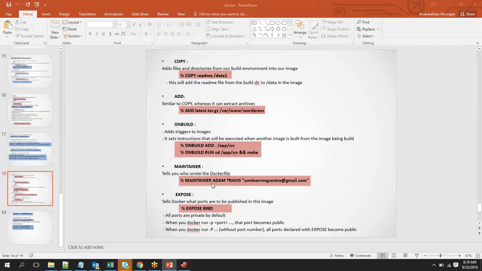But other than that, these are used specifically for the open source images that you'll be downloading. But for production, you'll not be really using any maintainer because it'll be owned. But still, if you want to use it, you can try. It's just a way to tell who is the person who is creating the Docker file. So just for a reference, you will be